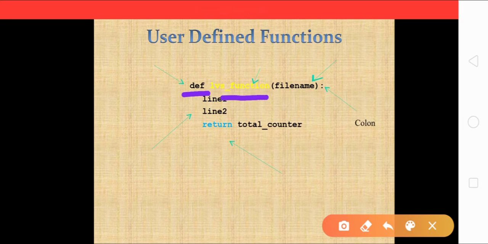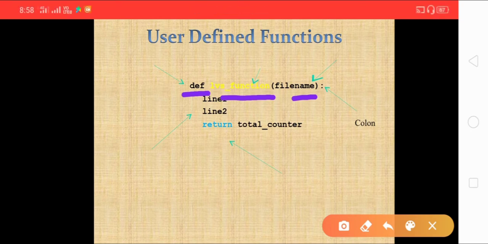LVS underscore function. This will be the name of the function that can be changed by the user for some specific purpose. And this file name is basically the argument, the value that will be given by the user.